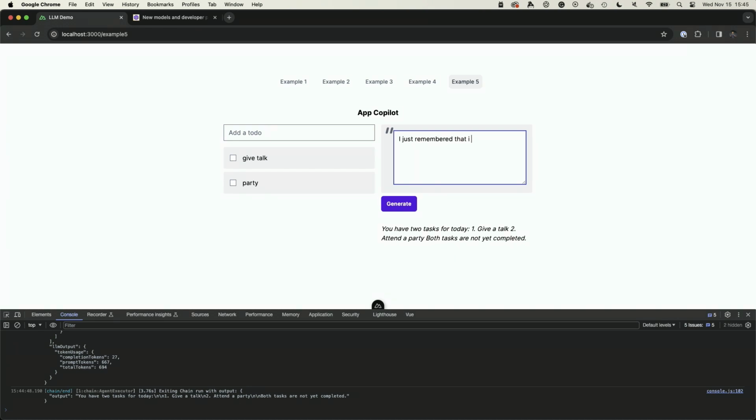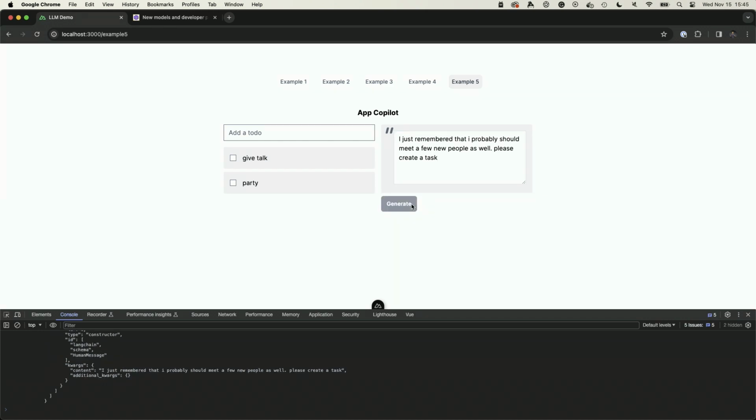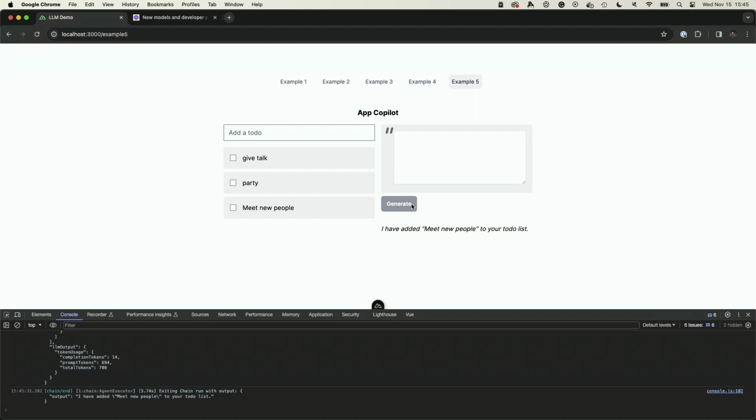I just remembered that I probably should meet a few new people as well. Please create a task. And it's created a task for us. Now I could also ask it,